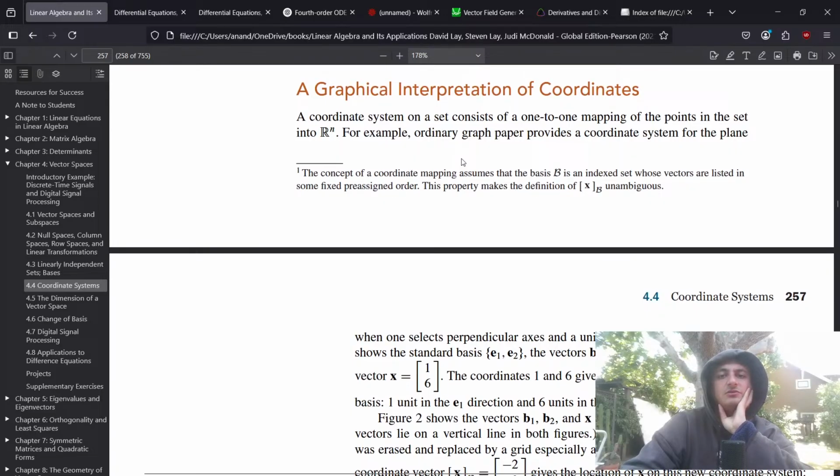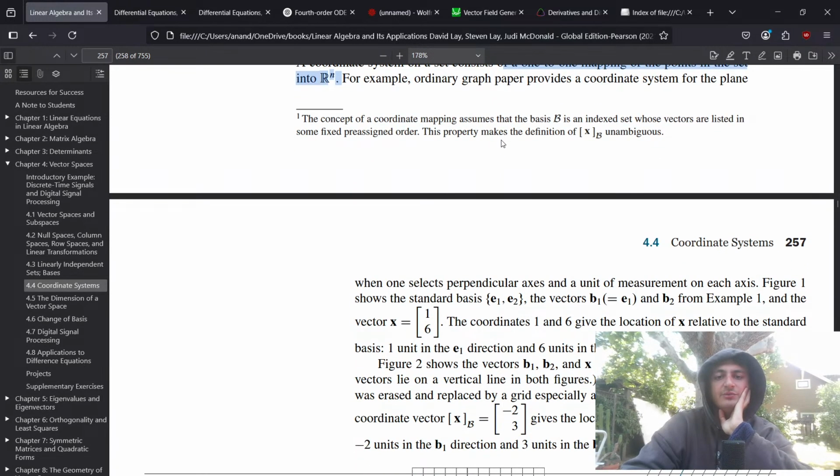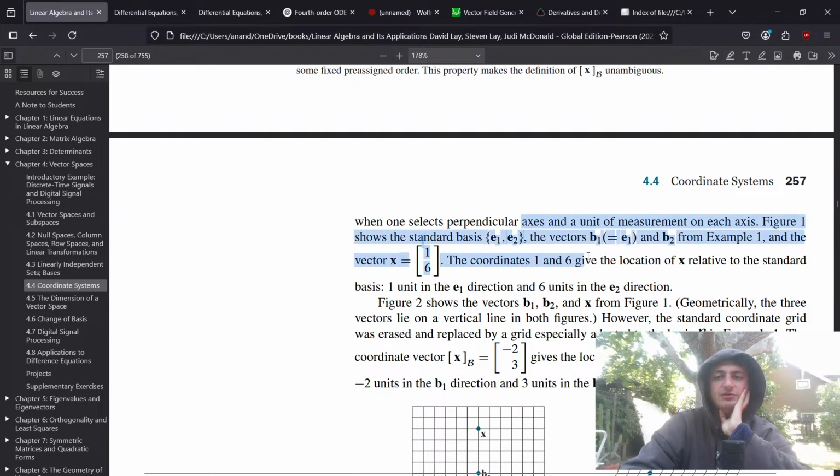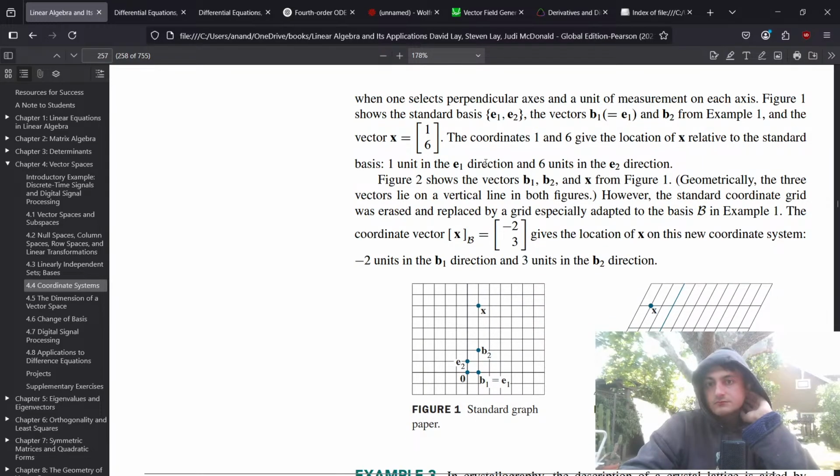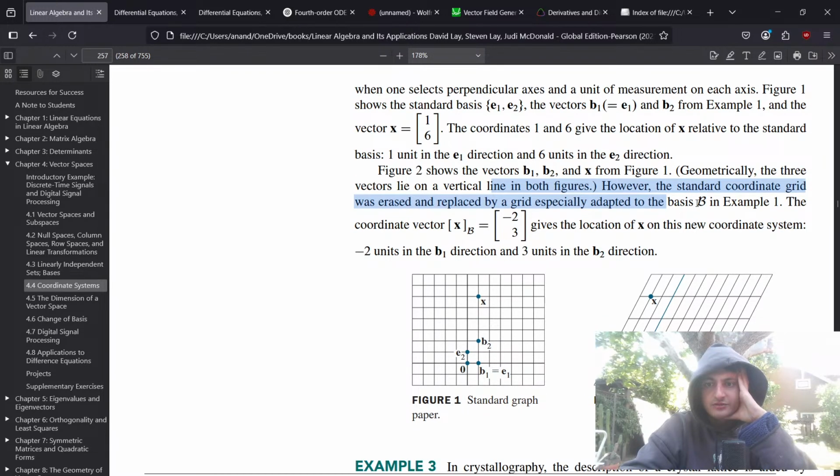A graphical interpretation of coordinates. A coordinate system on a set consists of a one-to-one mapping of the points in the set into Rn. For example, ordinary graph paper provides a coordinate system for the plane when one selects perpendicular axes and a unit of measurement on each axis. Figure 2 shows the vectors b1 and b2 and x geometrically. Vectors lie on a vertical line in both figures. However, the standard coordinate grid